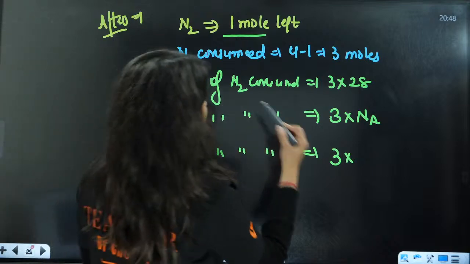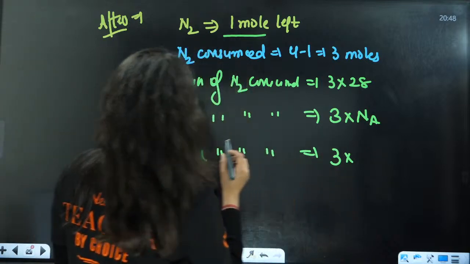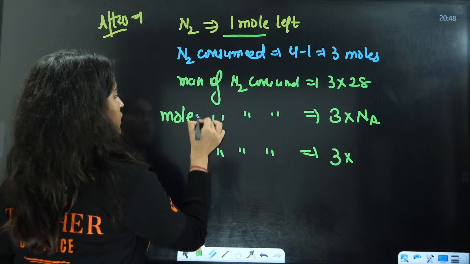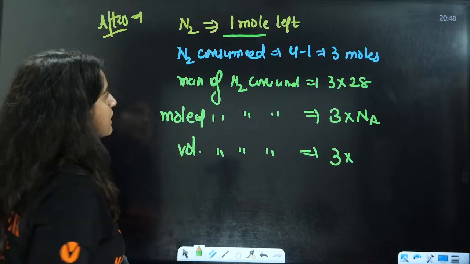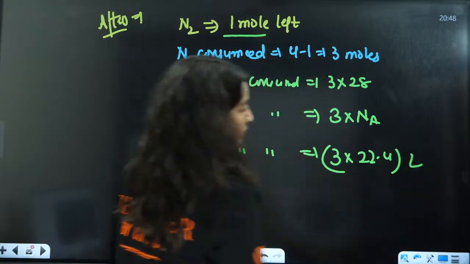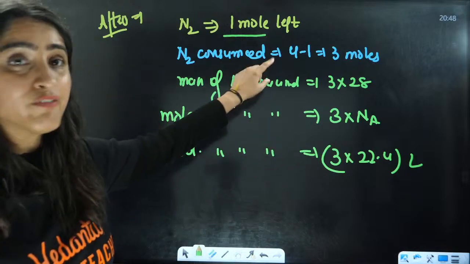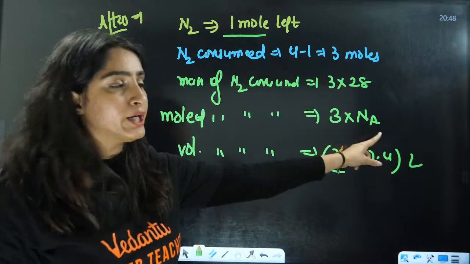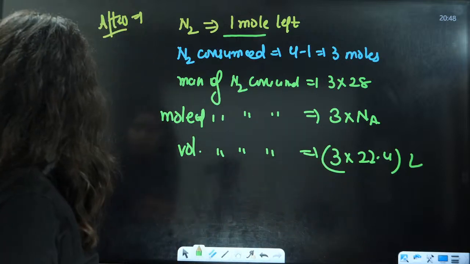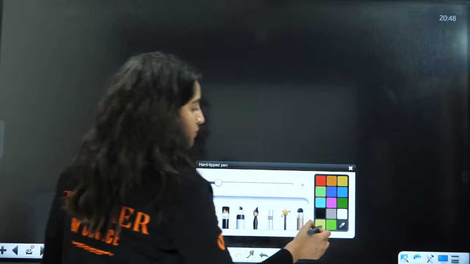How many molecules you have? These are the molecules. This is the volume, right? Volume here is 22.4, right? This is the volume. If they ask you how much is left, that will be 1 into 28, 1 into Na, 1 into 22.4, right? If they ask you how much NH3 is produced,